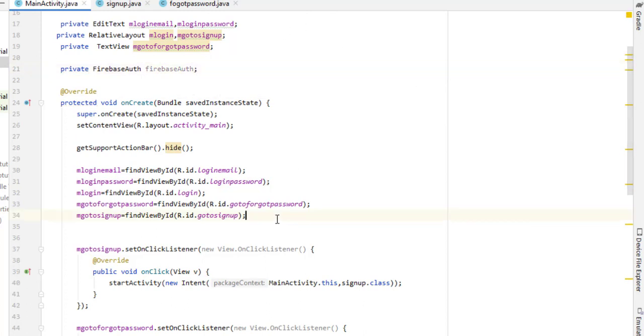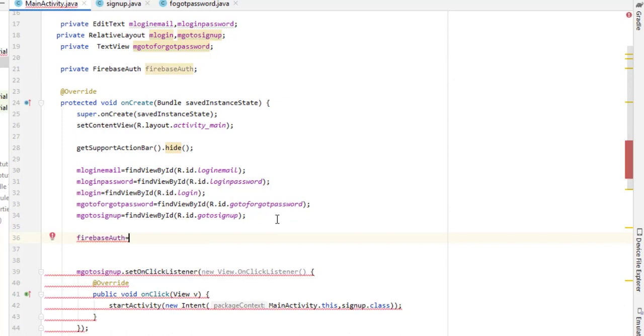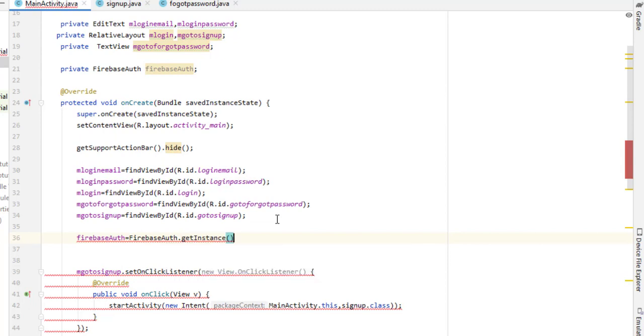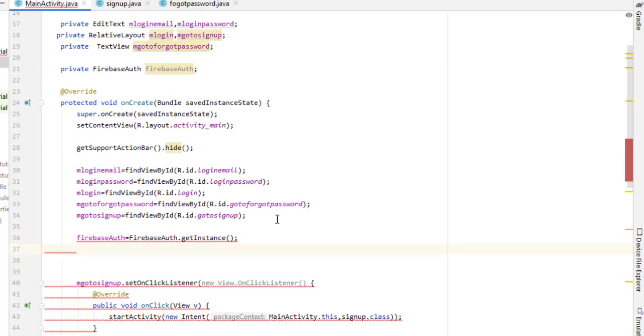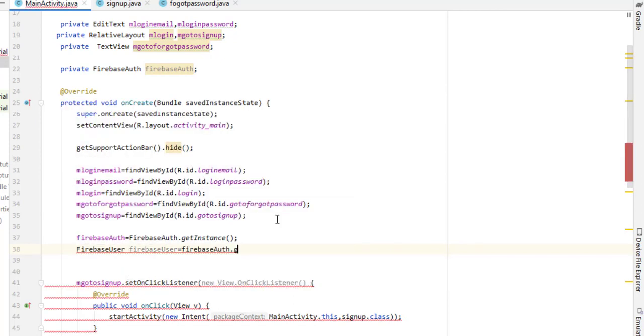Now we have to store the instance inside the FirebaseAuth variable: firebaseAuth equal FirebaseAuth.getInstance(). Now we want to log in the current user with an account, so for this we have to take the instance of the user also. So I simply type here FirebaseUser, any variable name, I again give firebaseUser equal firebaseAuth.getCurrentUser(), then semicolon.